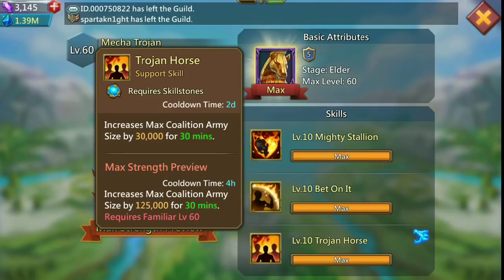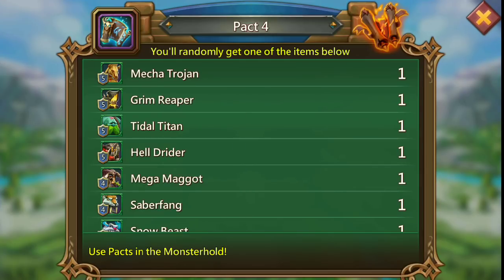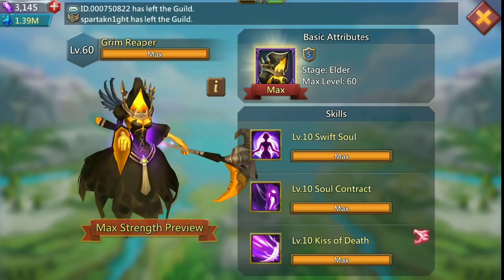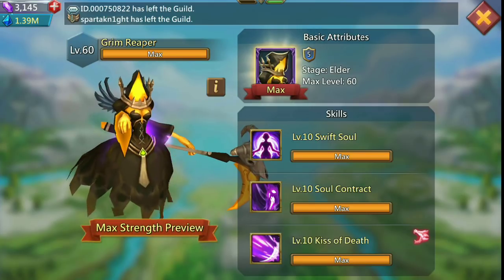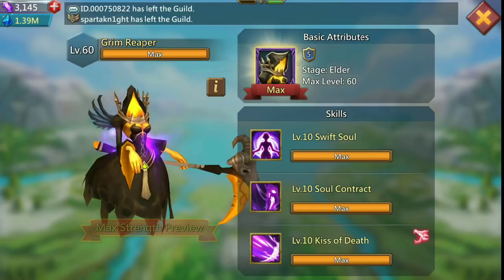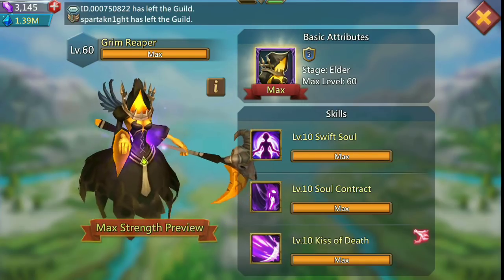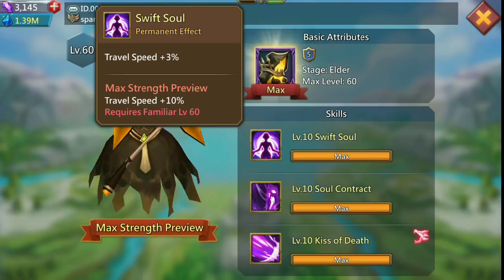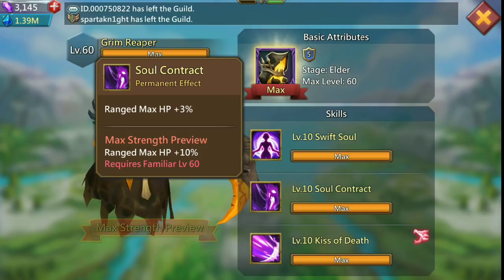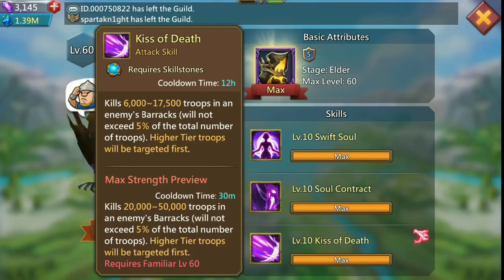And this can be used only once every 4 hours, because it has a cooldown time of 4 hours. So this can only be used once every 4 hours, which is actually pretty good. I like that portion of it. Now this hero is the most controversial hero or familiar out right now, and I'll show you guys why. This is permanent travel speed 10%, max range AP 10%. But this skill,